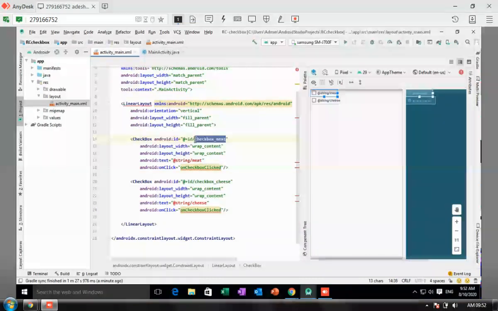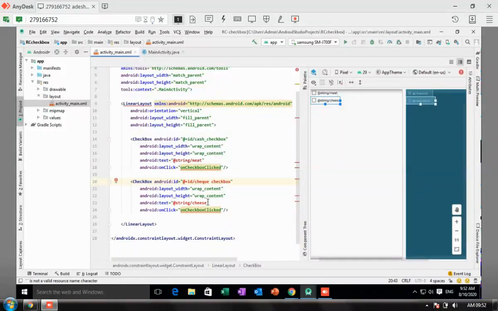So I can say this checkbox is for cash, and the second one is for check, another option. These are my payment options.